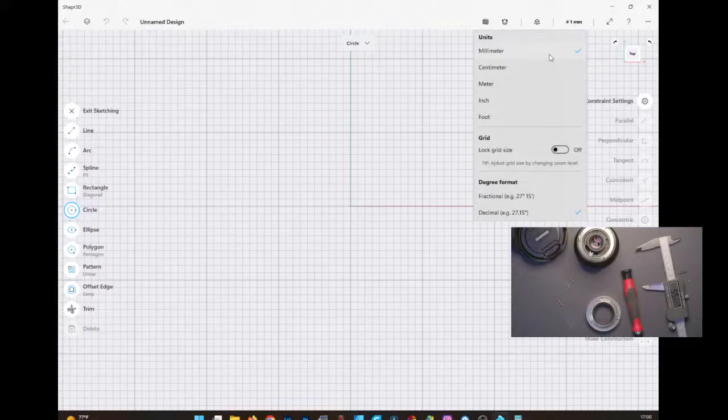The only time I'll move to inches is if I have specifications specifically for standard imperial units, right? So if I have an SAE bolt, move over to inches. If there is a specific item that I'm trying to recreate and I don't have the metric measurement on it, go into inches. But one thing that I've noticed is that